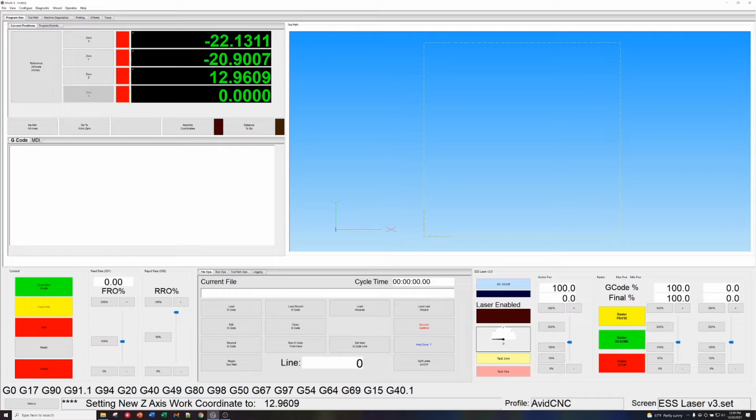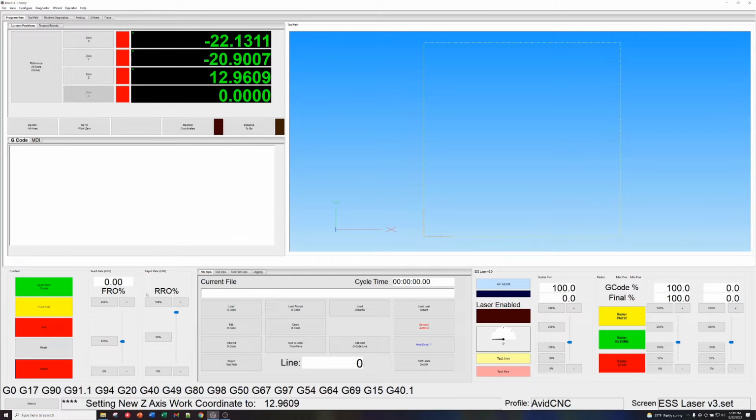I want to point out especially this section on the lower right here. This is the laser functionality. This is really the piece that's important for this laser screen. All of this other stuff is just displaying the cutting, the actual tool path up on the upper right, and setting your Z and X, Y zeros, and loading files and running them. All of that's going to be there in pretty much any Mach4 screen, because you have to do those things to